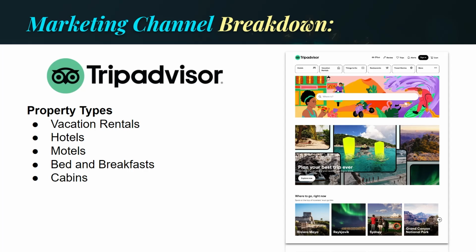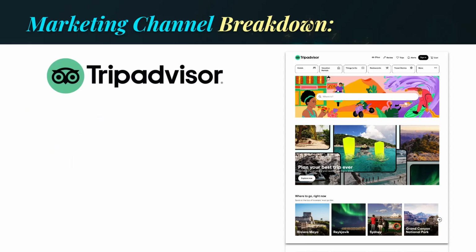For campgrounds on here, you might see cabins and other places of that nature listed. Now, that said, Tripadvisor actually does have a couple ways you can get bookings from them directly, or even through your own booking engine. The first is instant booking. This allows you to use Tripadvisor much like you would any OTA. You can list your own direct booking link, and Tripadvisor will take a commission on reservations made using it.